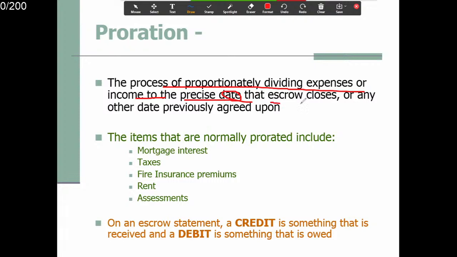precise date that the escrow closes or any other day previously agreed upon. Right? The items that are normally prorated include what? Mortgage interest, taxes, insurance, rent, and assessment. Assessment is also more tax. Okay? 它分配什么东西呢？来，利息啊，来，借款的利息啊，有时候来，这是银行对屋主还是银行对买主？OK？房地产税、火险、租金、其他的税。So on an escrow statement, the credit is something that is received, and a debit is something that is owed. OK？你在清单里面的话，credit 就是你收到这个钱，OK？debit 就是你要付的，OK？